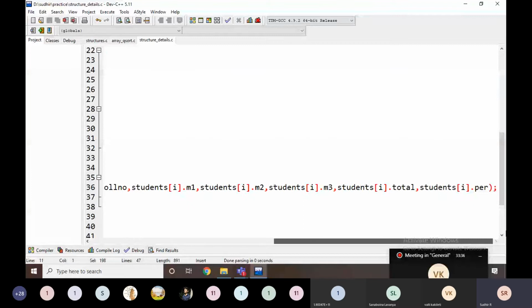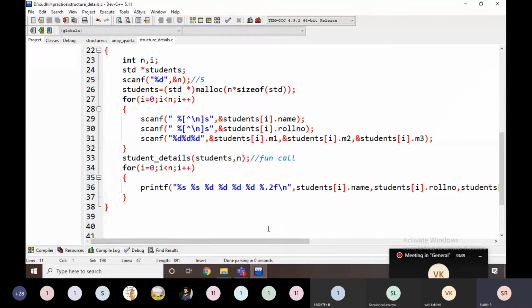Just try to write all these ones. Students of i dot name, roll number, M1, M2, M3, comma total, comma percentage.